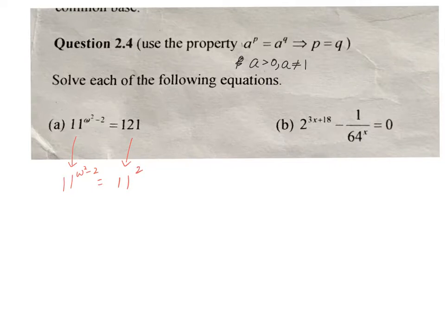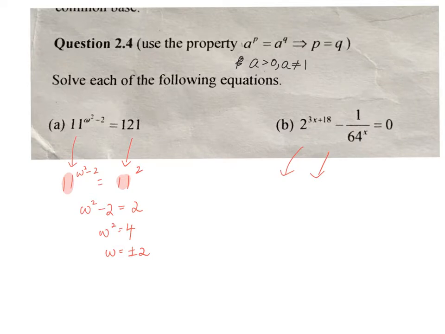Then you can see that by looking at them, they have the same base, and therefore w squared minus 2 is just equal to 2. This makes w squared equal to 4, and w is equal to plus or minus 2. So easy. And for the next one,